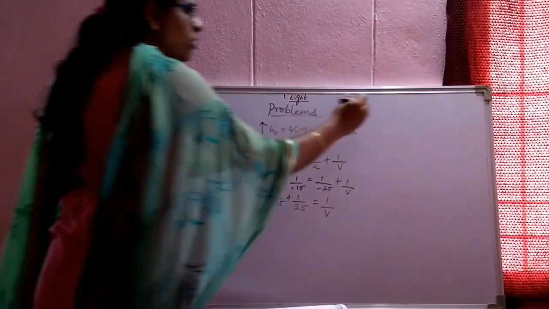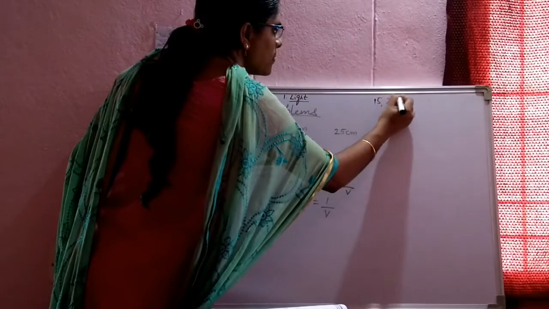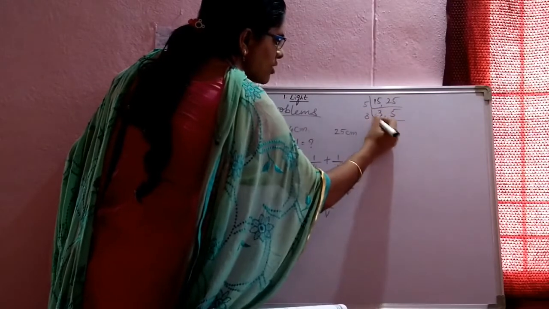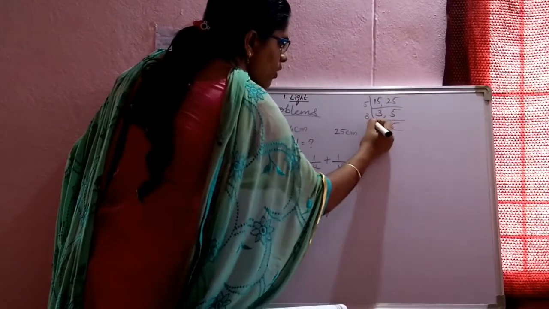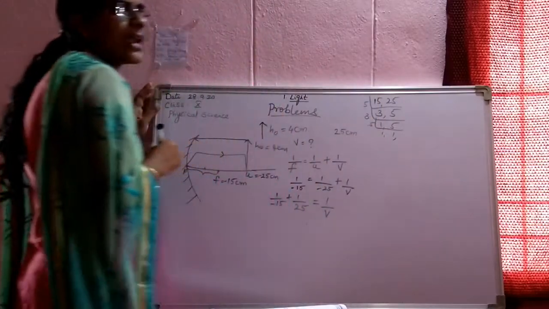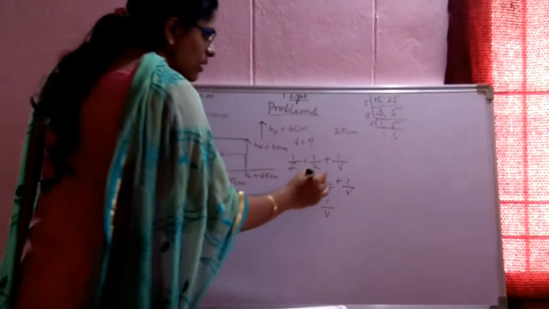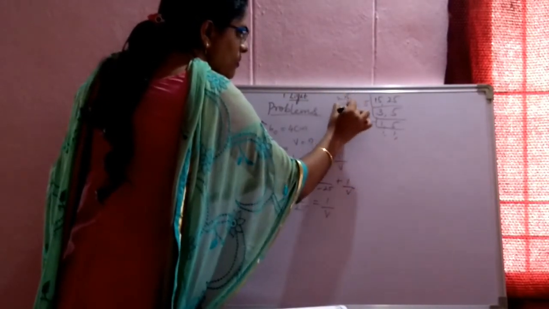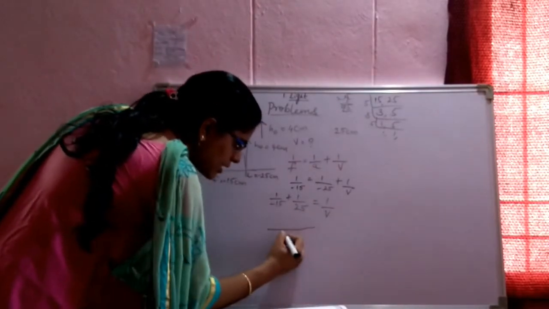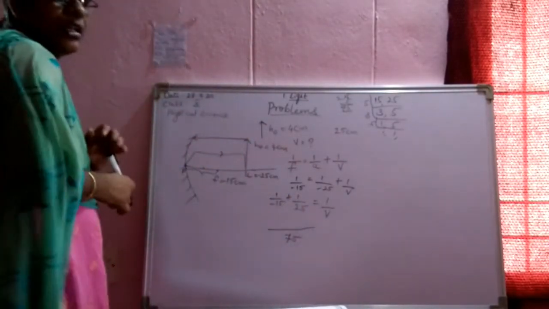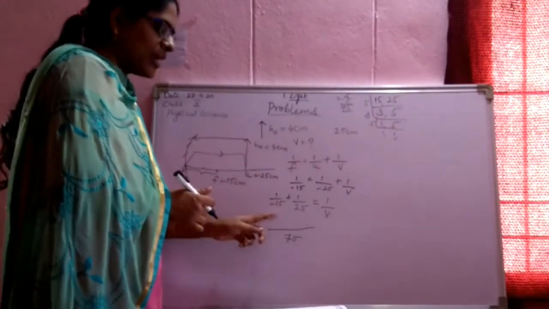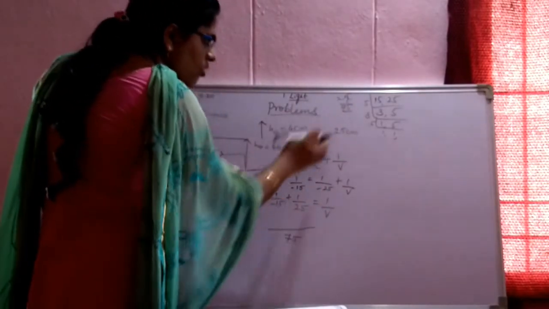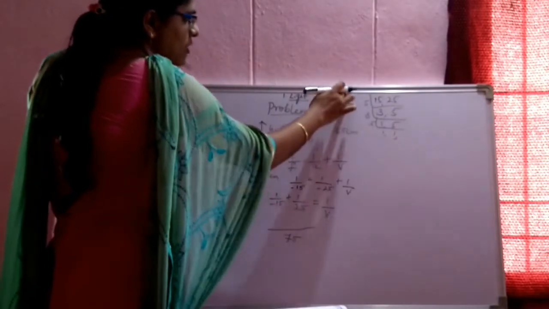Now find the LCM of 15 and 25. Does it go in the 5 table? 5 5s are 25, 5 3s are 15. 15 5s are 75. If you want 15 into 5, 5 5s are 25, 5 1s are 5, 7. Now the LCM is 75. Look here: in the 15 table, how many times does 75 go? 15 5s are 75.